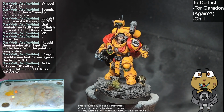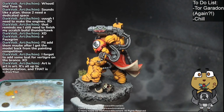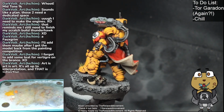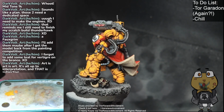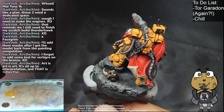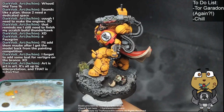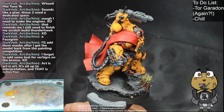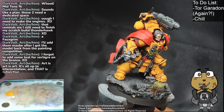is going ahead and highlighting him with the ice yellow and potentially touching up some small spots with white. I do know I want to repaint the casing on his grav gun, but I think that's as far as I can go. Oh, by the way, there's a dead Alpha Legion because one of my friends plays Alpha Legion, so I had to kind of drive it home a little bit. But hopefully I'll be able to get that done potentially Monday, and then I can get back to work on the